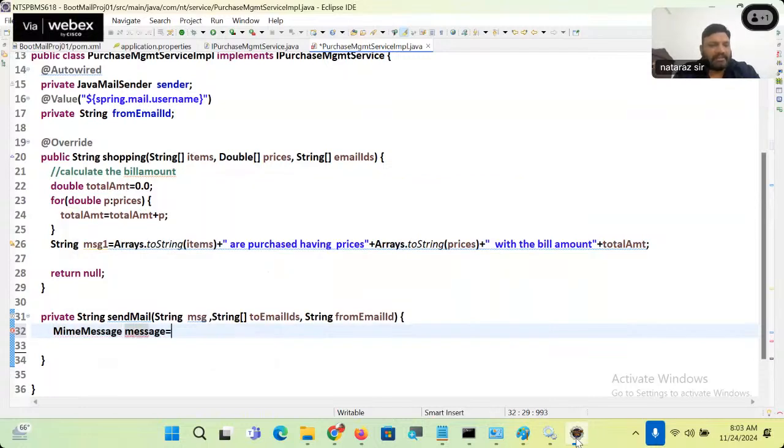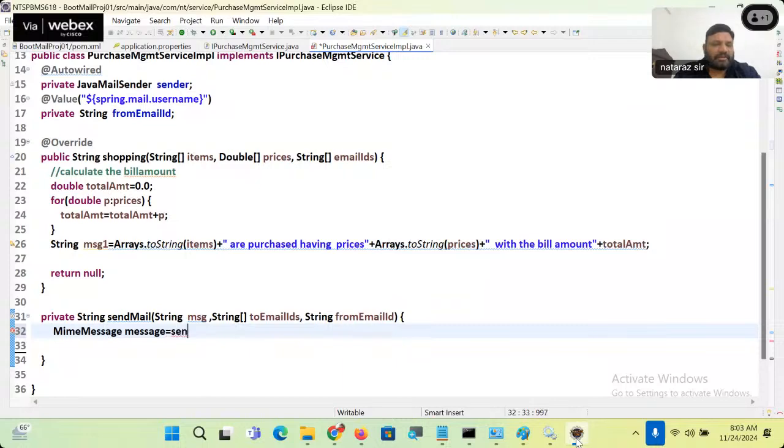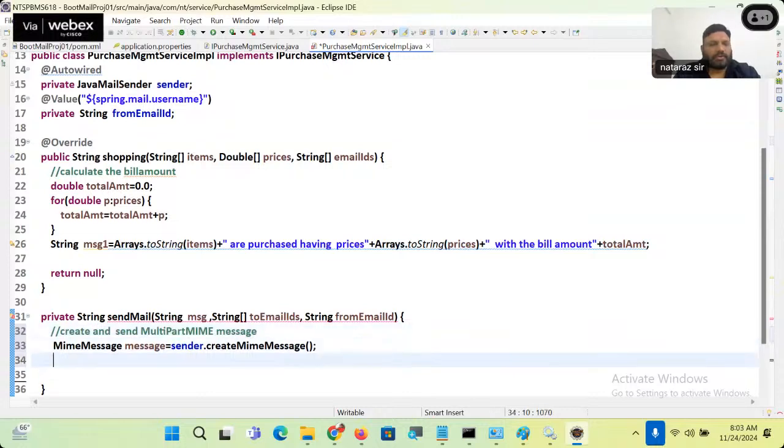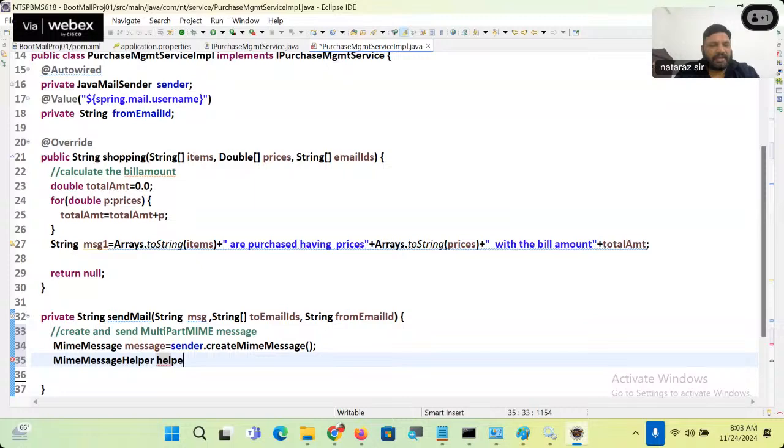MimeMessage is equal to sender dot createMimeMessage. Super. MimeMessageHelper is equal to new MimeMessageHelper of message comma, see, boolean multipart. False means it does